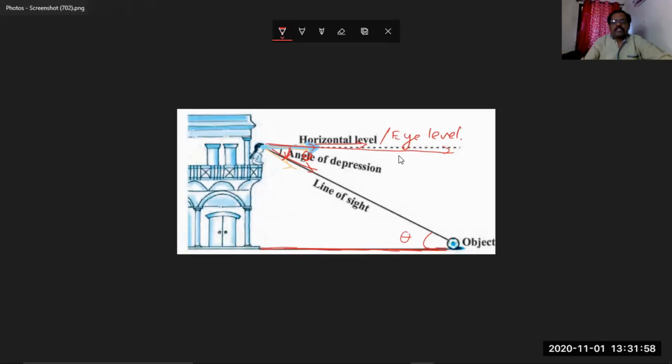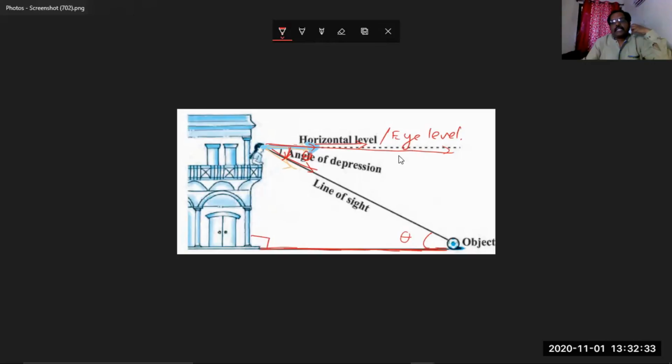So here obviously this building is perpendicular to the ground, so here we are observing a right angle triangle again. Since this is a right angle triangle, we can say this one is the height, this one is the distance of this object from this house or building, and this will become the hypotenuse of that right angle triangle, right? So this is the line of sight. That line of sight will become the hypotenuse of that right angle triangle.